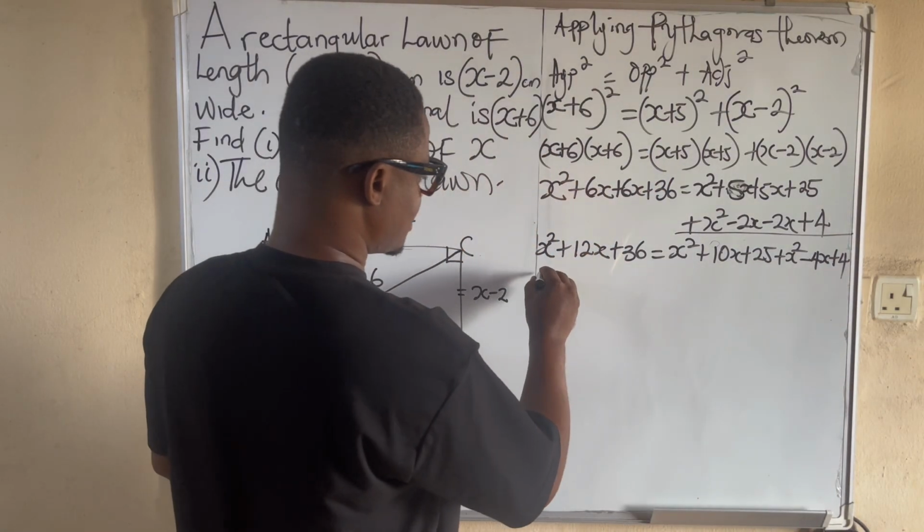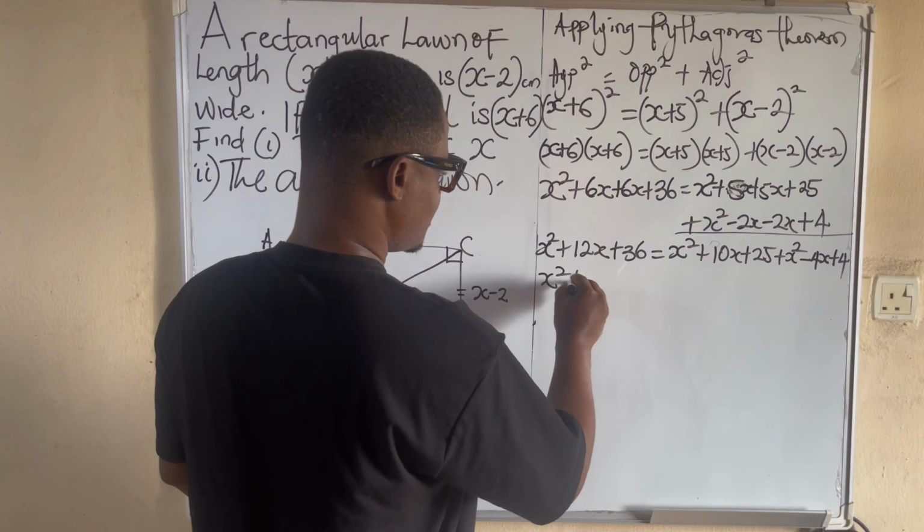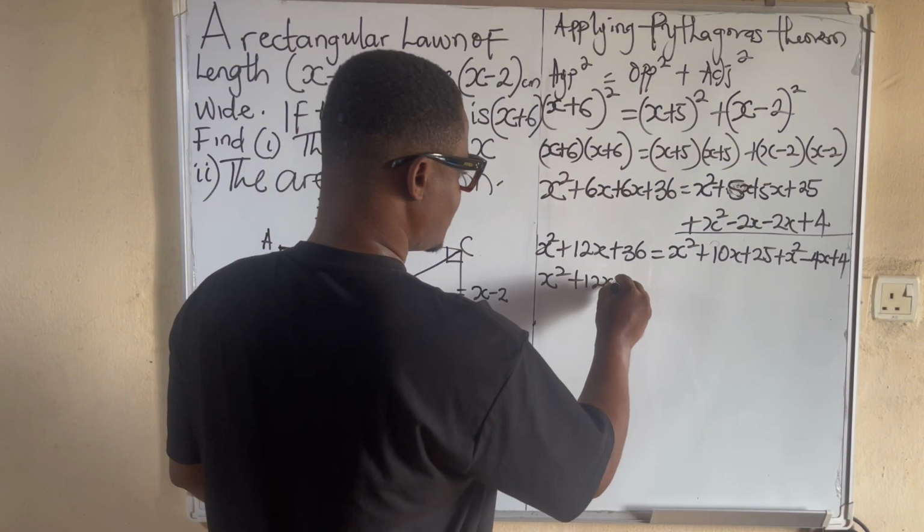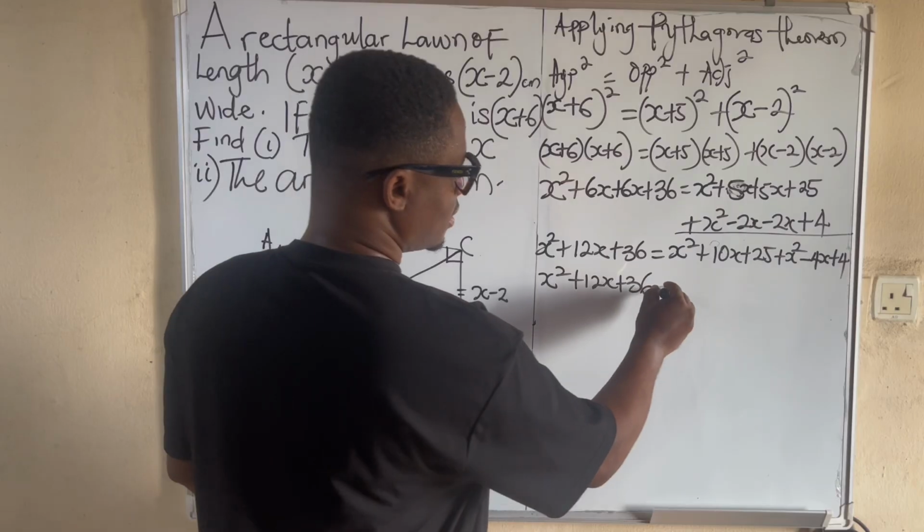So this is the same as x squared plus 12x plus 36 equals,